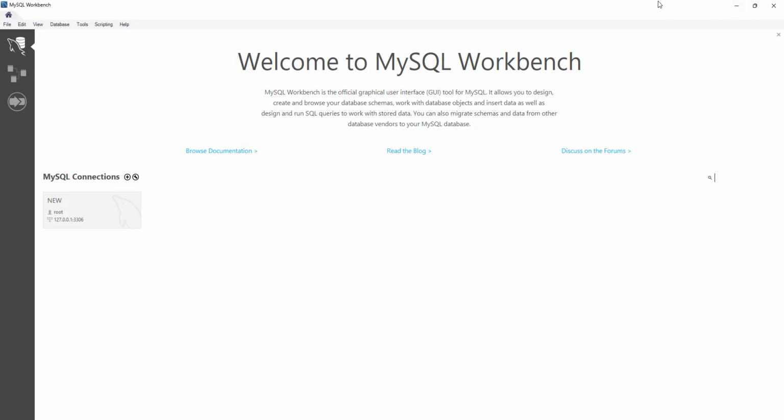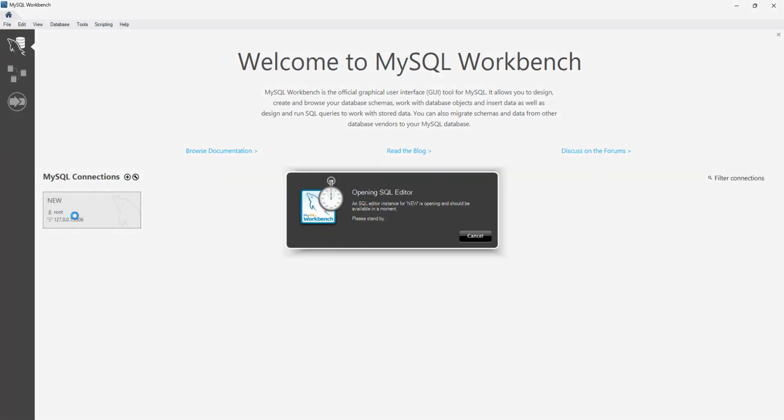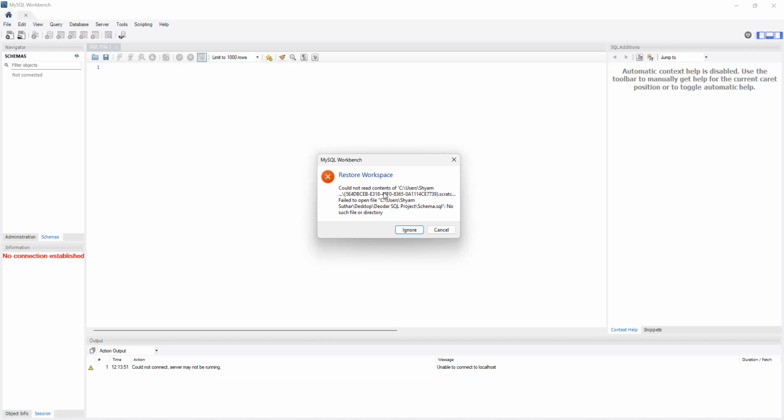Now the steps for how you'll be able to run this MySQL Workbench is that either you install it, or if you already have it, you can create a new connection. I already have a connection, and then you can click it here so that it will open on the root actually, right? But before that, it will give an error because